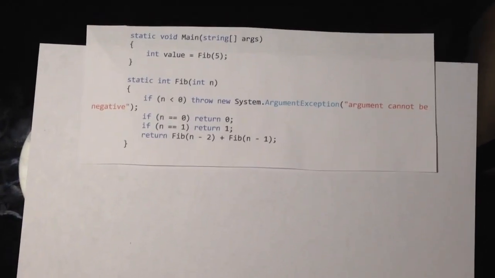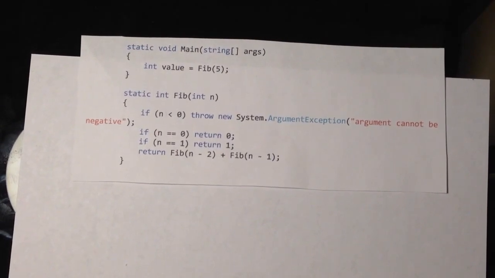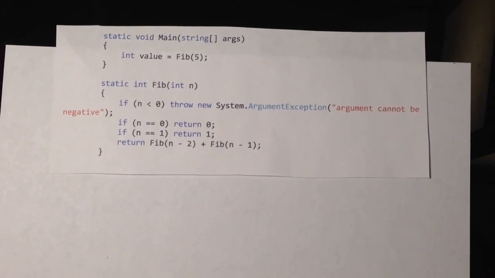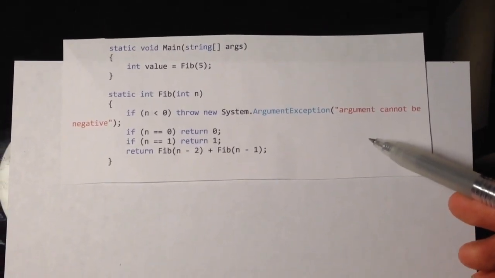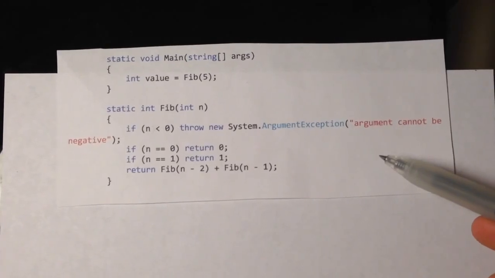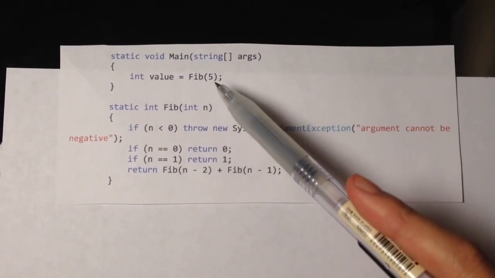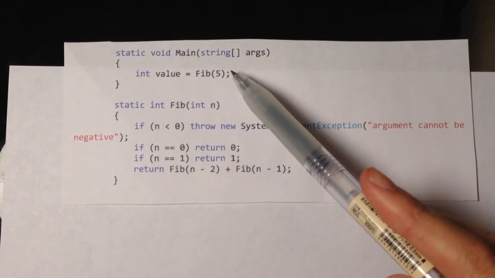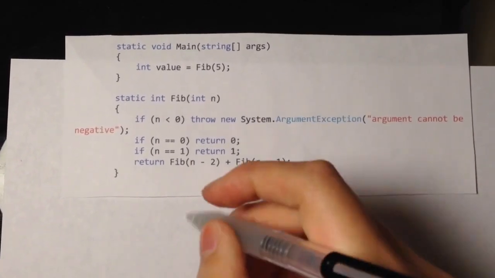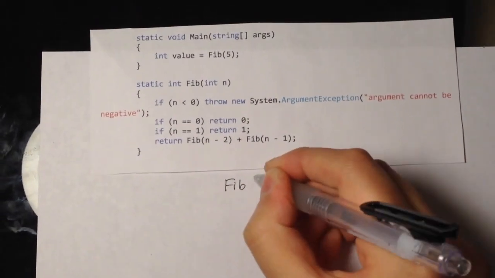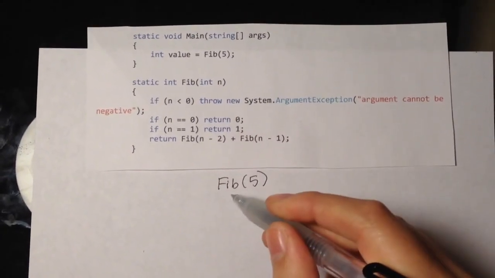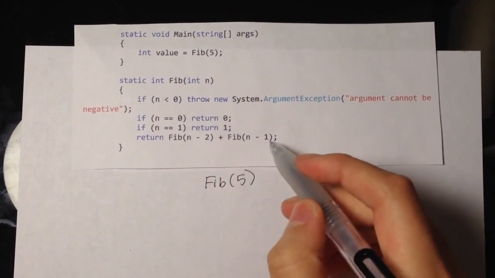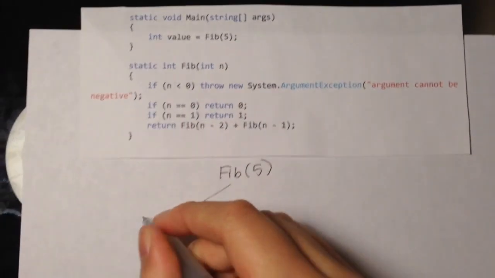In this video, I'll be calculating and showing you the recursive calls of the fifth number in the Fibonacci sequence. So over here is the code for the recursive function of the Fibonacci sequence. And in the main program, we're calling the value of fib of 5. So we have fib of 5 called in the main function, and the recursive call gives us fib